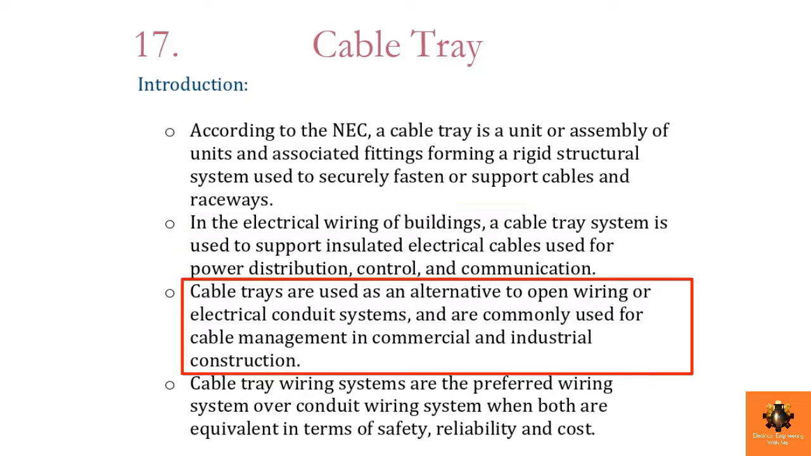So cable trays are used as an alternative to open wiring or electrical conduit systems. When you don't go with the conduit system or you do not want to use concealed wiring, we go with the cable tray. And on the cable tray, we place conduits and through those conduits, we pass the cables. Clear? So cable trays are commonly used for cable management in commercial and industrial constructions,